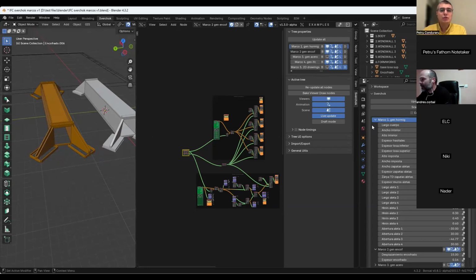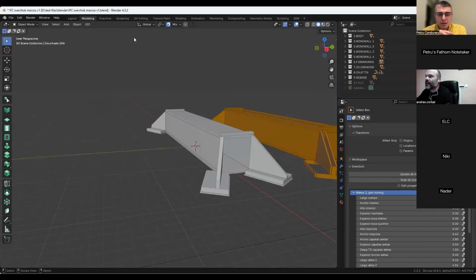So for this workflow, you are using Blender and Sverchok, right? Yes, there is no other add-on involved so far, right? No, only Blender and Sverchok. In fact, this is a Blender file. You don't have an IFC file. You did not convert it yet into IFC. Would that be difficult to do? No, it's another Sverchok tree with IFC Sverchok, which are extra nodes for Sverchok.